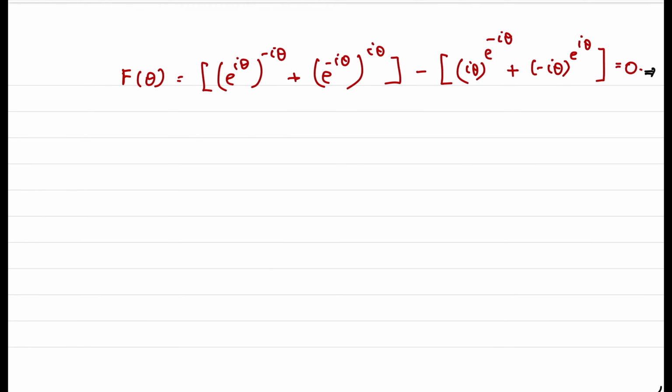Which implies f(theta) is equal to e to the power of i theta to the power of minus i theta. What will be its value? e to the power of minus i square theta square, because a to the power of m to the power of n is equal to a to the power of mn. i theta into minus i theta will be minus i square theta square. This will be e to the power of minus i square theta square, minus